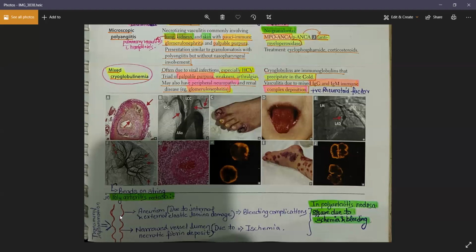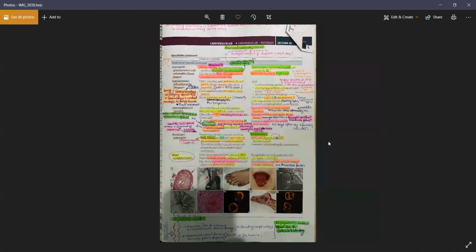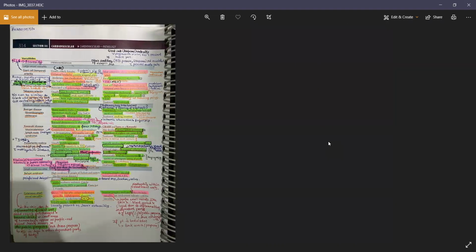Because of the type 3 hypersensitivity reaction, the immune complexes will be deposited in the vessel walls, which can thicken the vessel walls in some areas and cause narrowing. So as you can see, at some places you have dilation, some places you have narrowing, then dilation, then narrowing again. So it is kind of a beads on a string structure, as you can see here, right? This is what you get in the